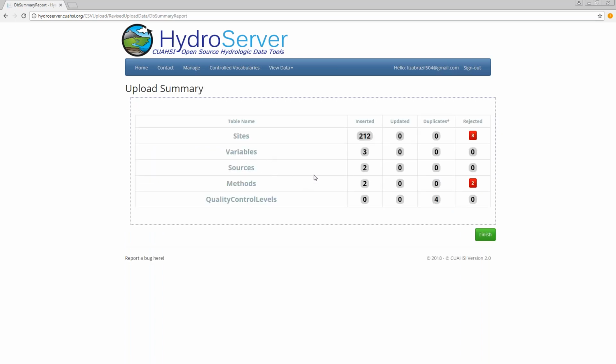All right, so this is where I'm getting that check that I was talking about, so that check to make sure that you formatted the data correctly and everything looks good. So there's a few columns to pay attention to here. Inserted data, so data that just correctly went in, you formatted it right. Updated, do you have metadata that's already in there that you actually want to change, maybe a lat long that you messed up originally. Duplicates, which we remove automatically. And then rejected. So why did I get this rejection?